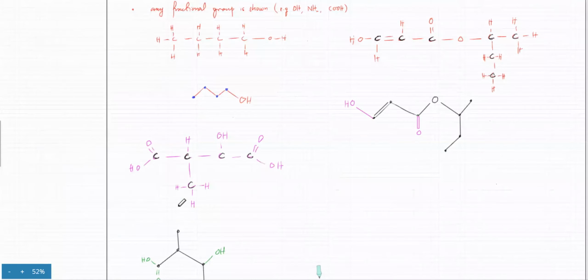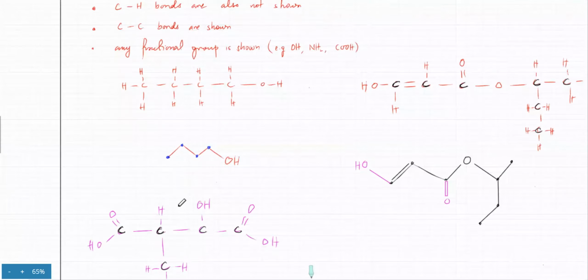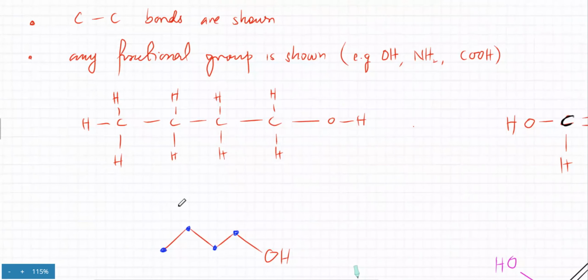The point is, I told you that when you have a structural formula, it doesn't actually tell you the real shape; this is tetrahedral. The molecule doesn't actually look like this. Exactly. If I want to draw the three-dimensional arrangement of these three carbon atoms, then it's probably going to look like this.